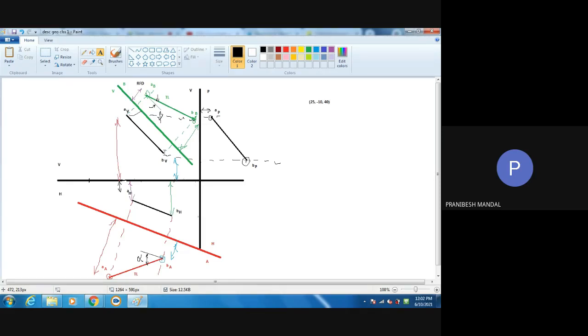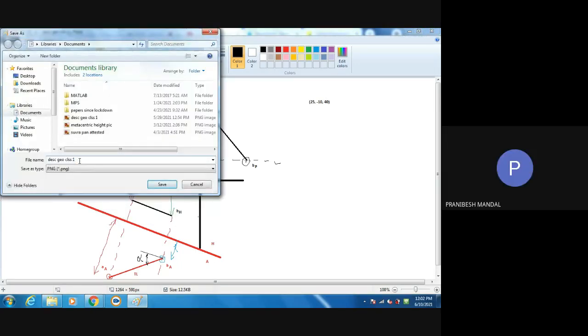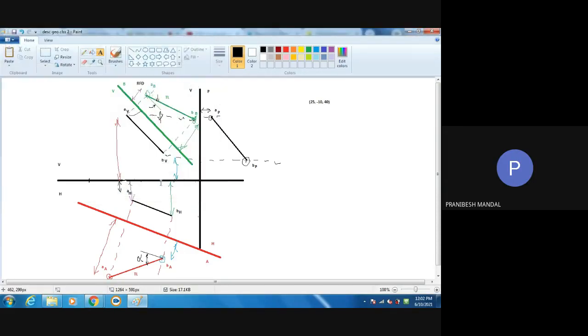So is the auxiliary view method clear to you guys? Yes, sir. Anybody having any query regarding it? No, sir. Okay. So in your problem sheet,